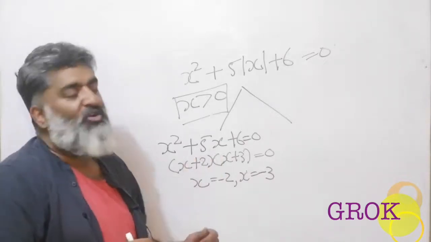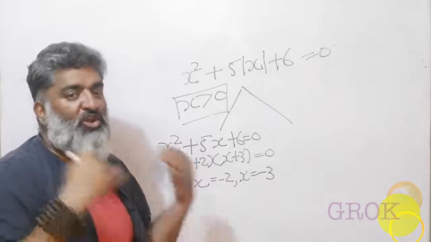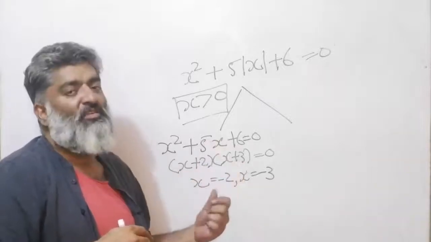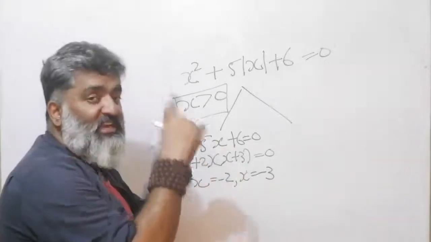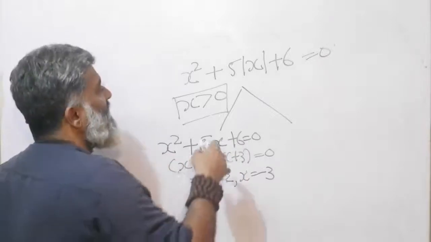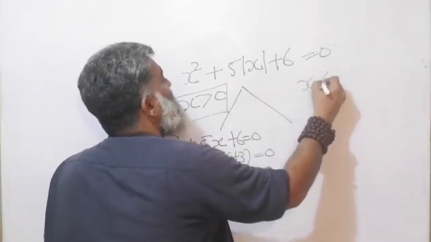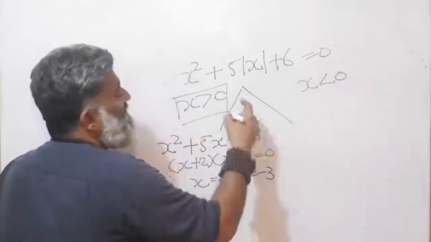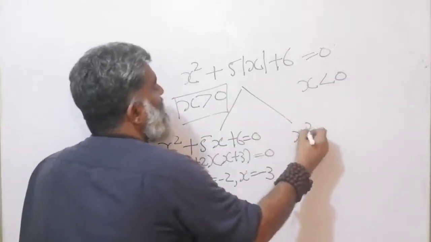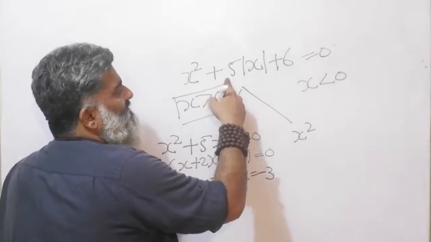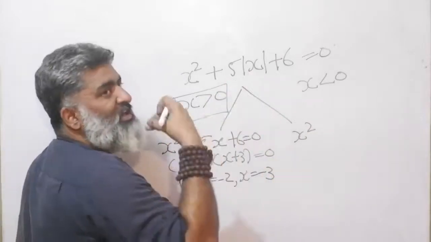And again, let me warn you that that is not the point that one of the stories is not working. The point is, I must create two stories and check for myself, right? X square, the other story, x is less than 0, x is negative. Copy the equation, x square. You will have a plus 5, but instead of a mod of x, you will get a minus x.